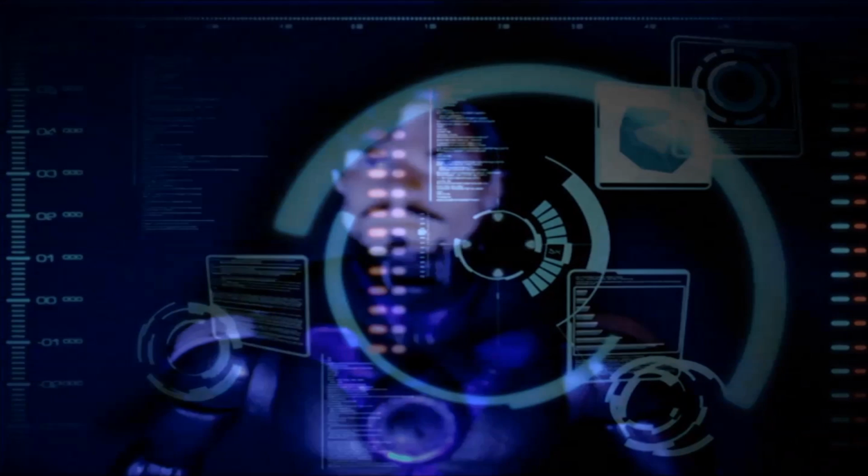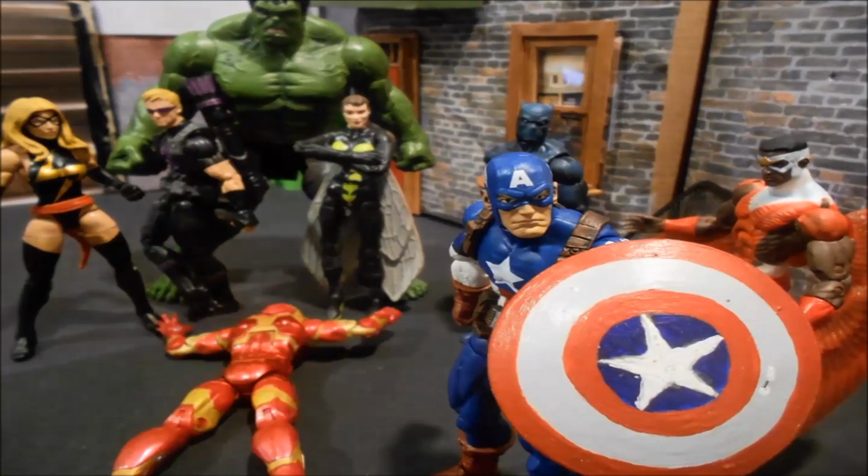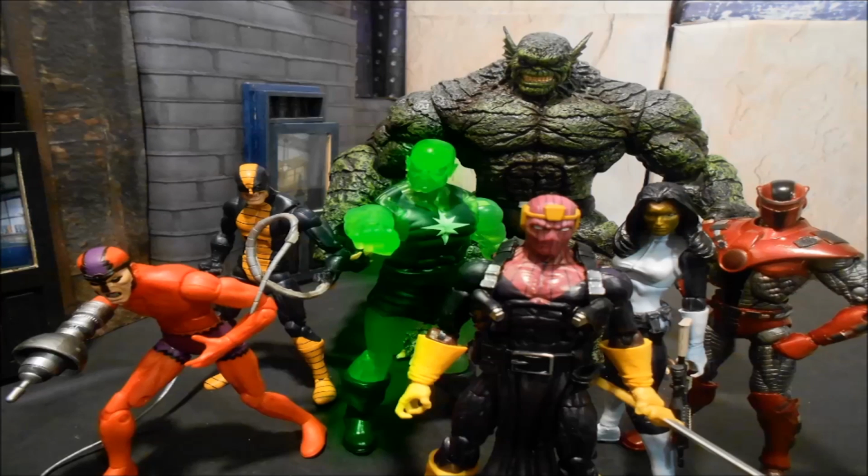It's pretty nice. Hang on, picking up a lot of weird energy signatures. Looks like it's